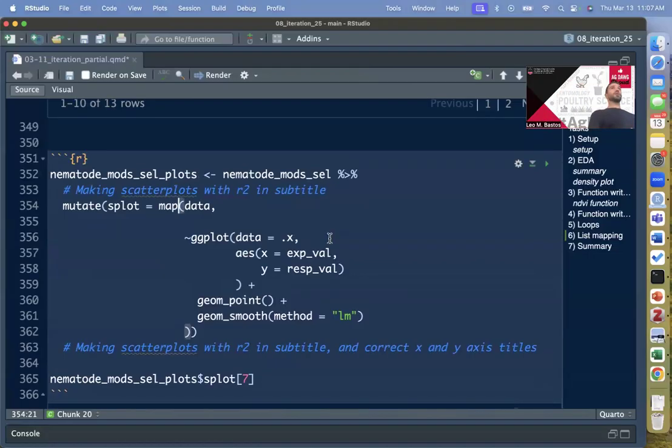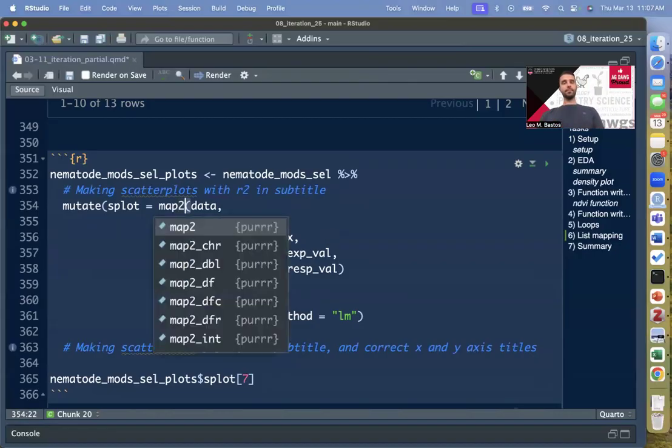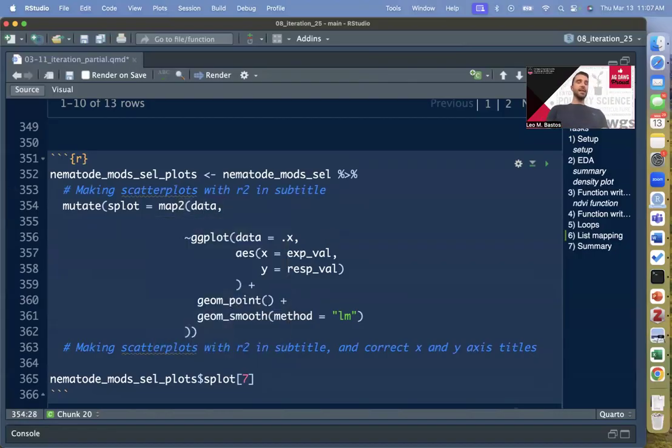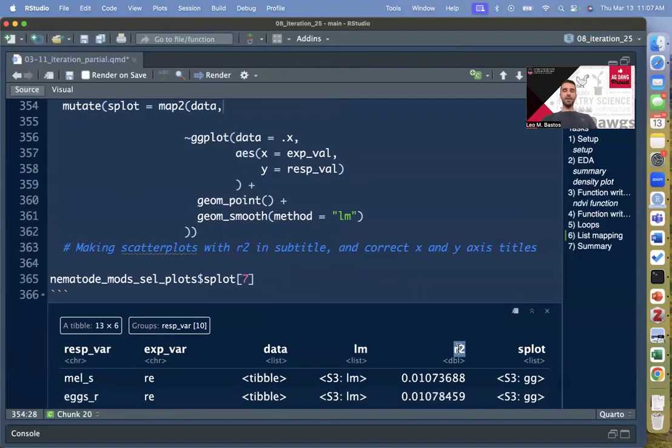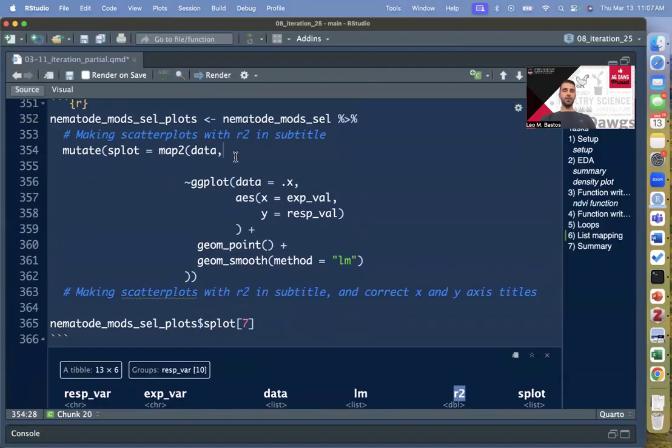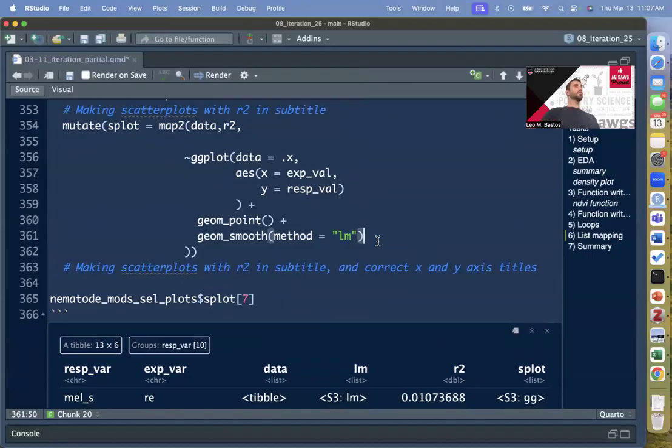Instead of using map, we're going to use map2, which then takes a second iterating column, which in our case, the name of the column is R2. So data, R2, give it a comma. The way that we can incorporate this information into this plot here is if you come after the geom smooth,